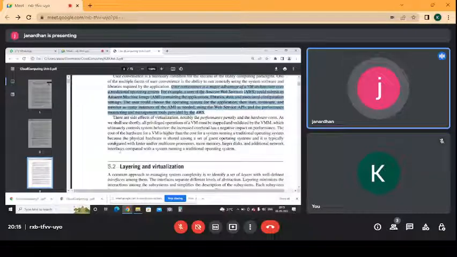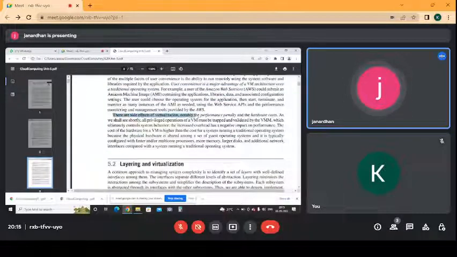There are side effects of virtualization, notably the performance penalty and the hardware cost. As we shall see shortly, all privileged operations of a virtual machine